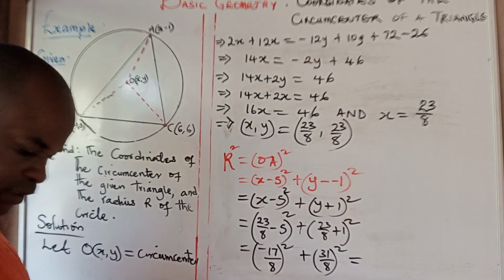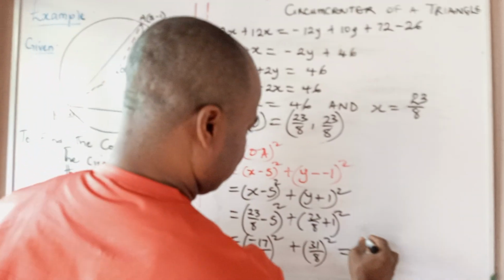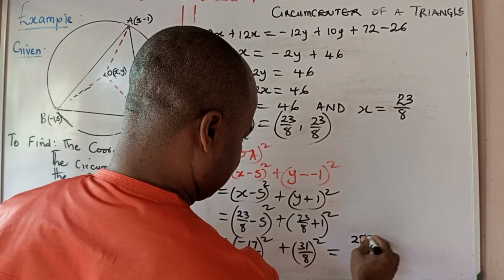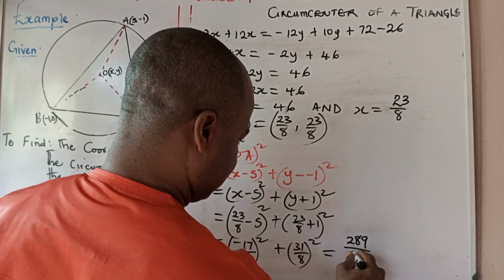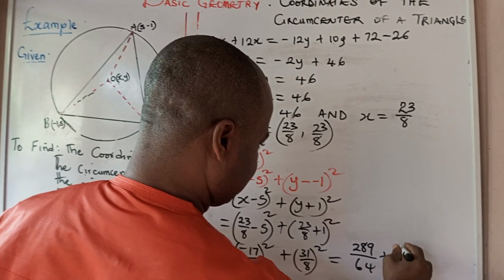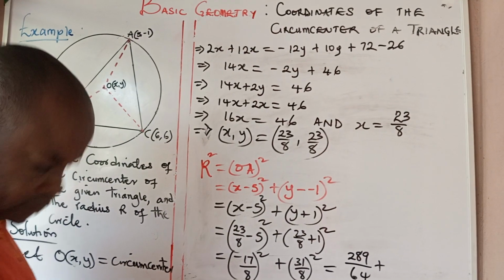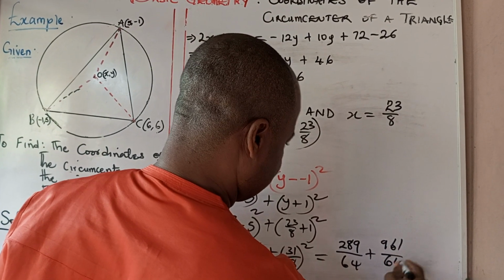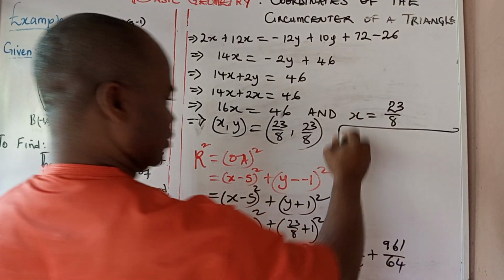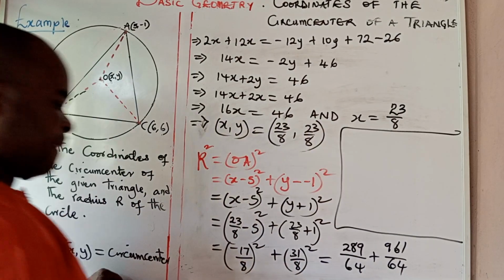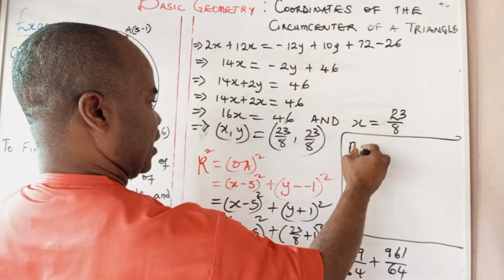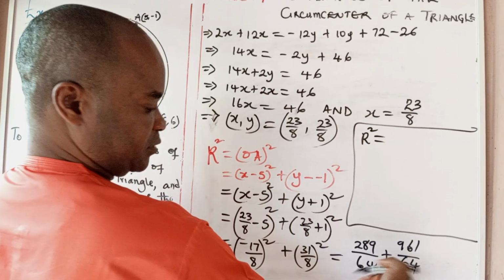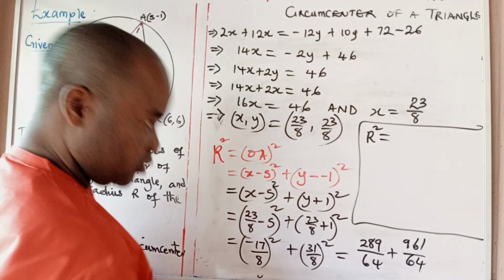And if we square this, we are going to have 289 over 64 plus, if we square 31, we are going to have 961 over 64. Okay, I want to simplify that here so that our r squared, if you add these two fractions together, we are going to have